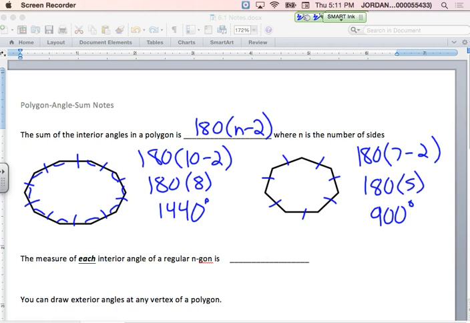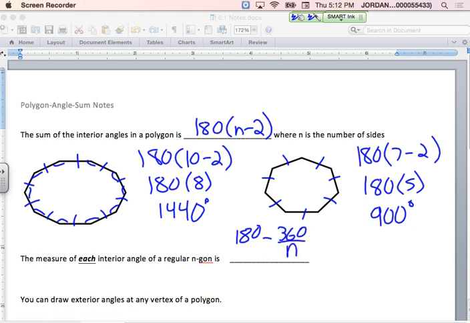All right, so now the measure of each interior angle of a regular n-gon. When we say n-gon, we just mean that if it's a 20-gon, it's a 20-sided polygon. If it's a 15-gon, it's a 15-sided polygon. The measure of each interior angle of a regular n-gon is going to be 180 minus